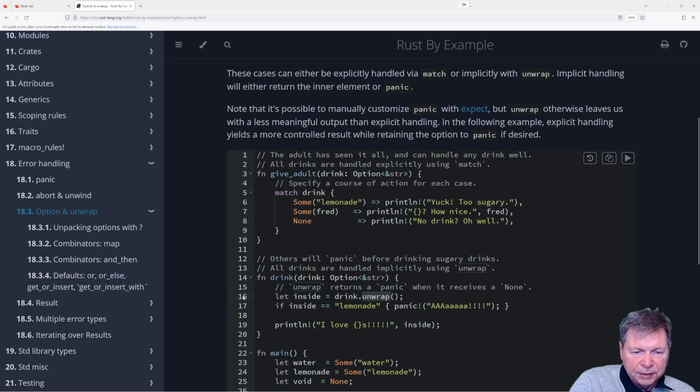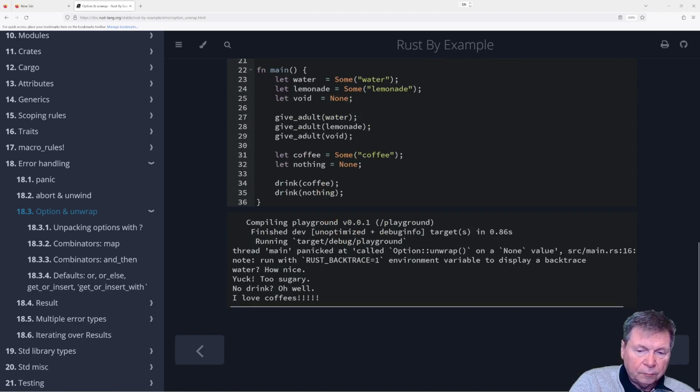So on line 16, on the unwrap, this is where we failed because we got a none, and unwrap can't handle none, and we'd have no test for none. But here we were able to. Okay, all right, fair enough. So what you're telling me is match with sum and none is the better choice. Okay, I can live with that.